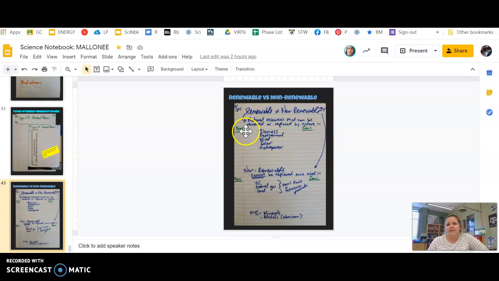Like how are these good? For example, a lot of these renewable ones don't pollute. Right? So that's good for the air quality and the water quality. The cons, in the videos, they'll talk about how some of them are not widespread. You can only use them over a small place, like